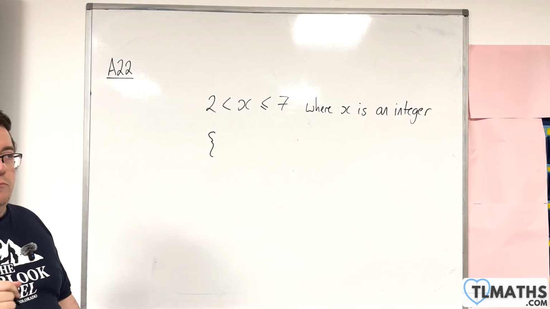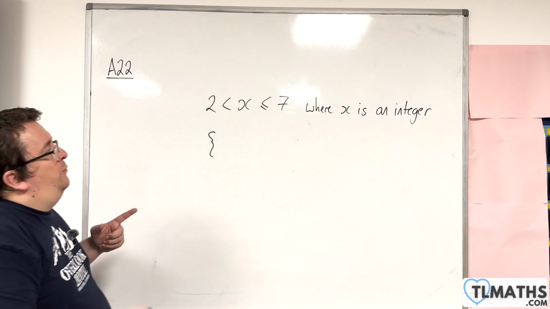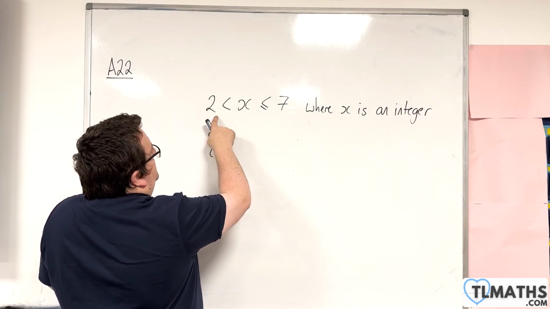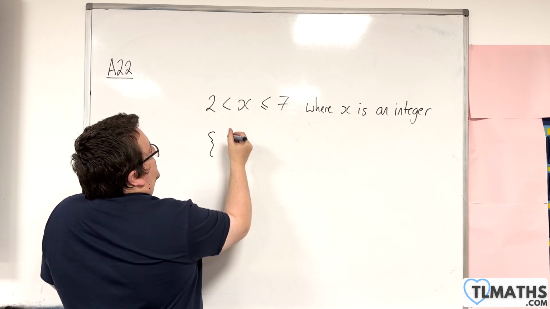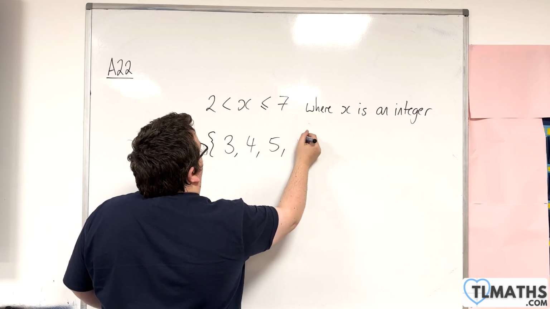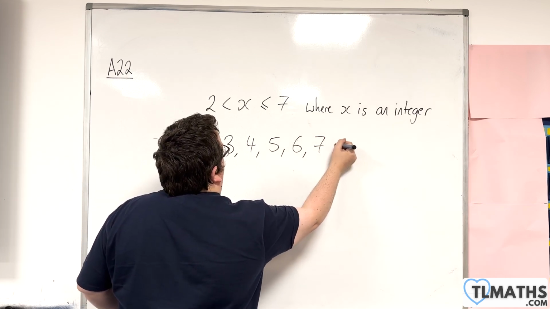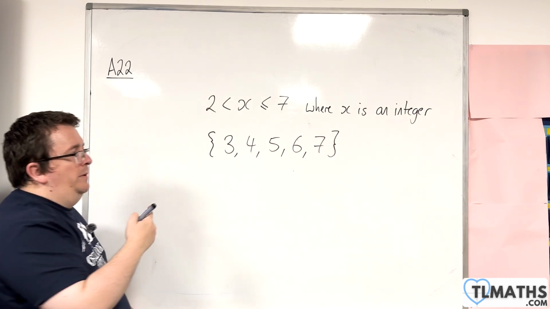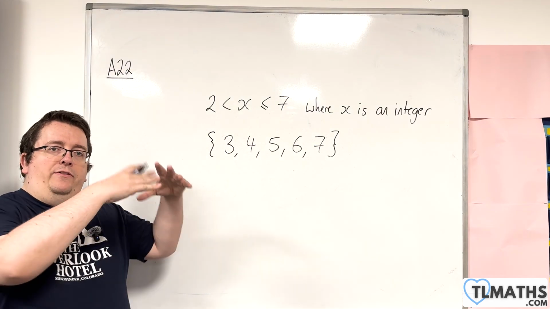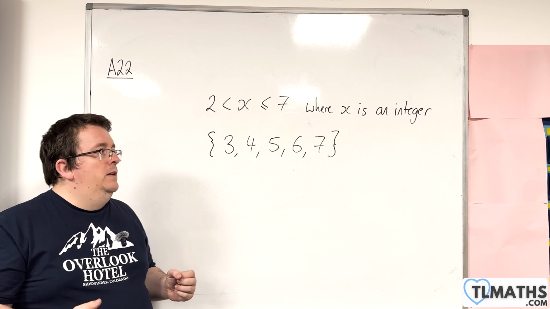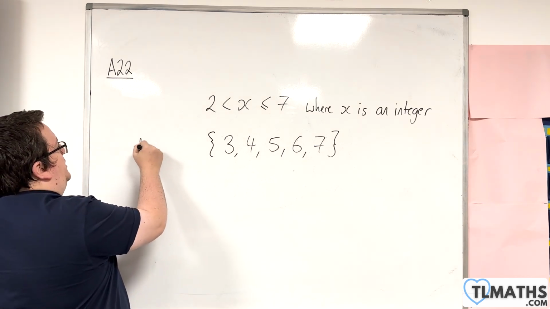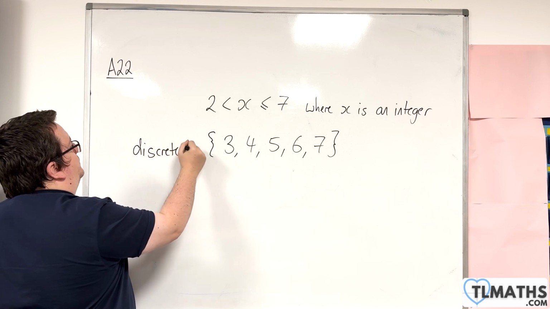So I'm going to use a curly bracket and say that x would then be an integer that's greater than 2, but less than or equal to 7. So that would include 3, 4, 5, 6, and 7. And I separate them by commas, and I have these curly brackets either end, and this is my solution set. So we would refer to that as a discrete solution set,